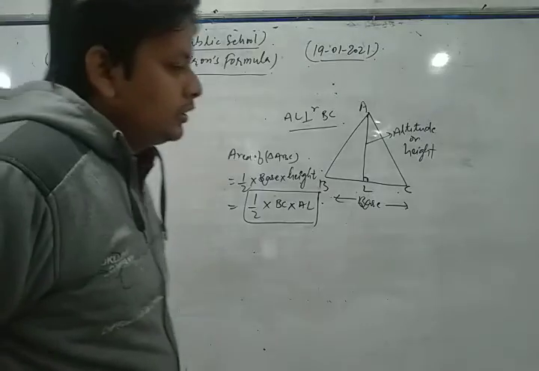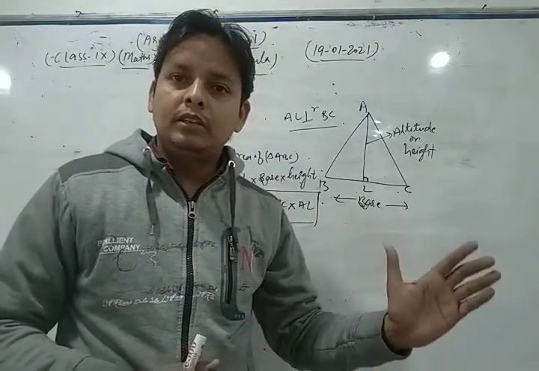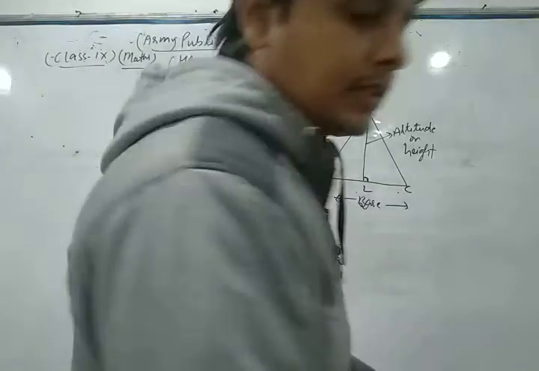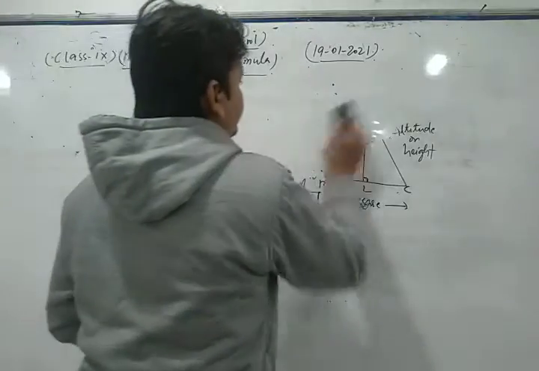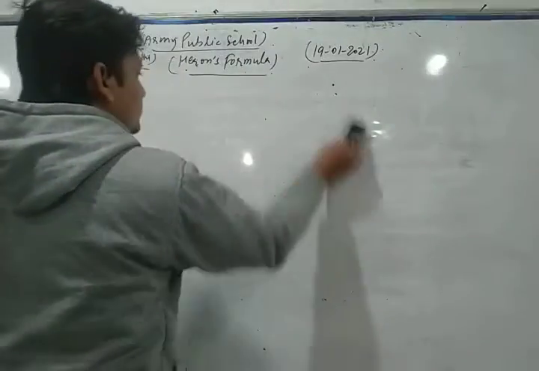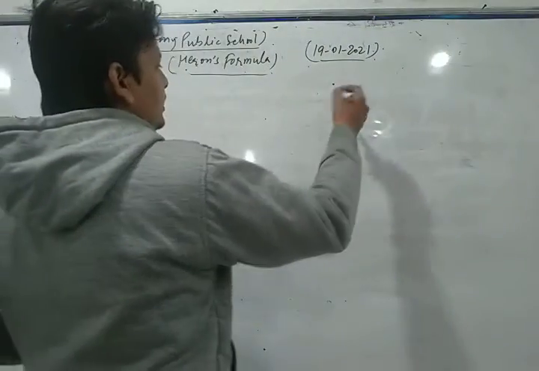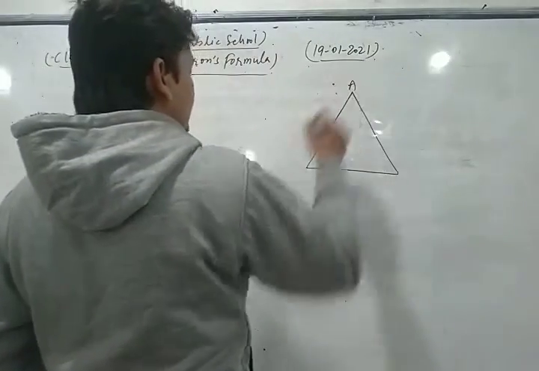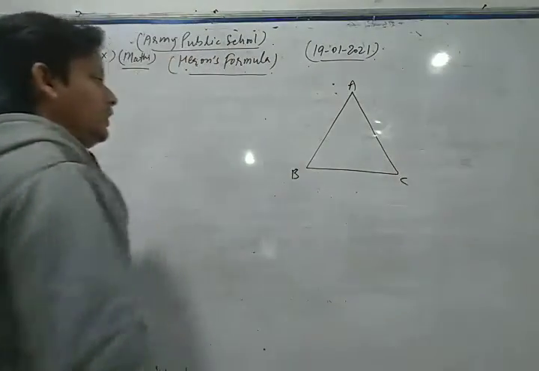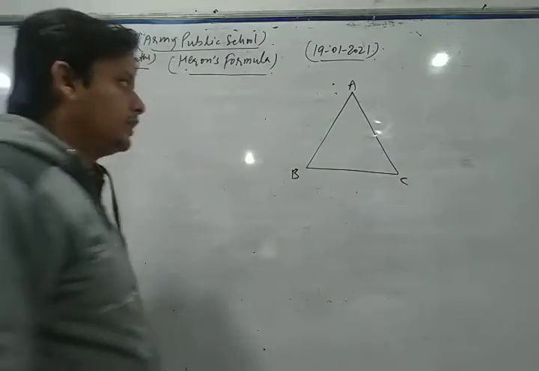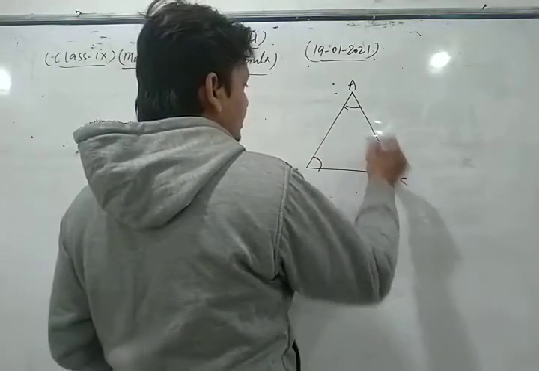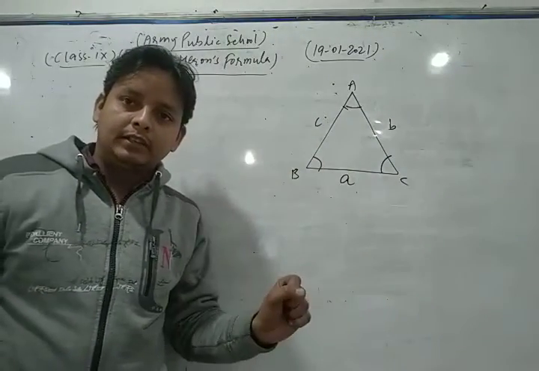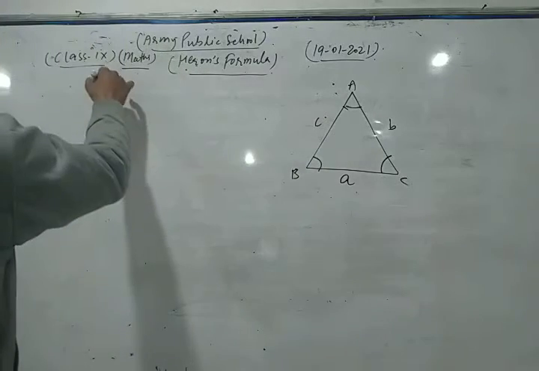Now dear friends, we are going to discuss Heron's formula and its use for finding the area of triangle ABC. Let's see the concept of Heron's formula. Let ABC be a triangle in which all three sides are a, b and c respectively, and we find the area of that triangle. Then Heron's formula is